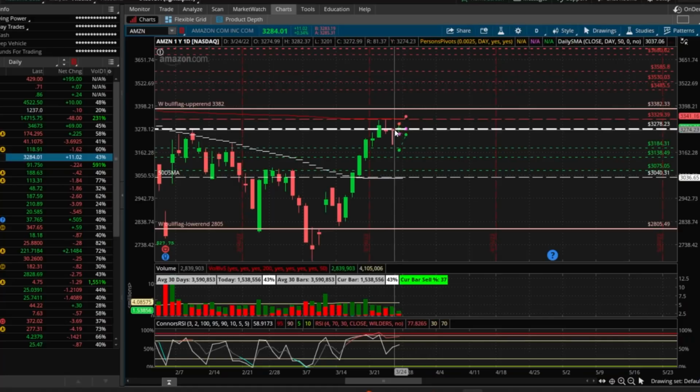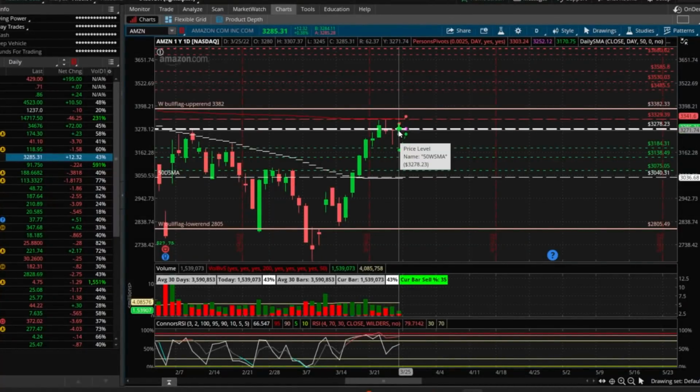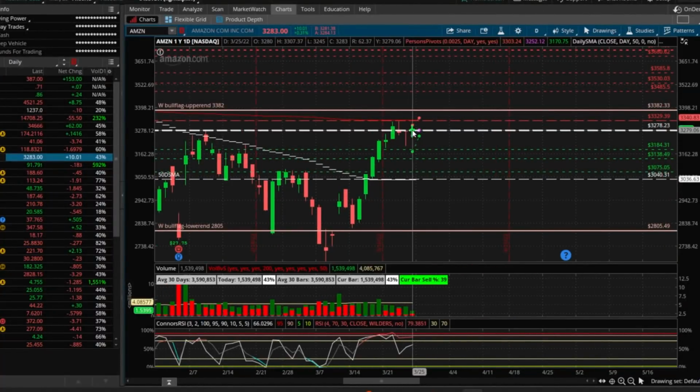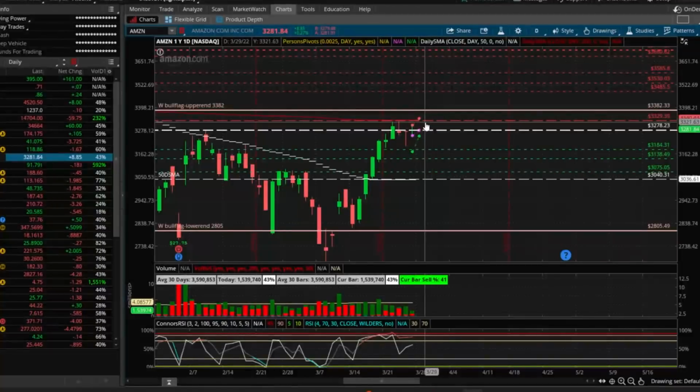Now, if we close right around this area, that is amazing for Amazon, and I expect Amazon to continue running next week. But Amazon could easily tip down toward the end of the day, and so depending on where it ends, we don't know. If Amazon runs to above 200 days SMA, which is 33.29, all the better for Amazon